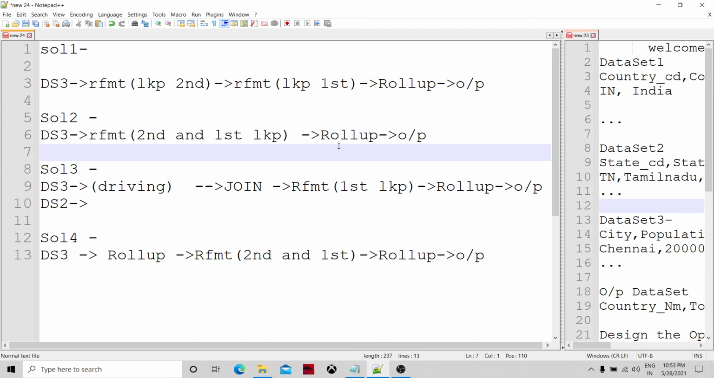It's not a proper solution, because some kind of sorting is involved here. Okay, now